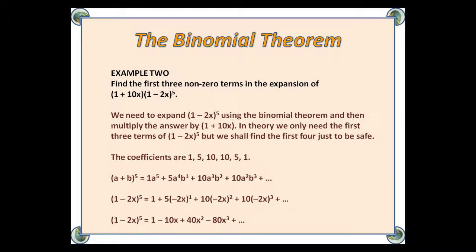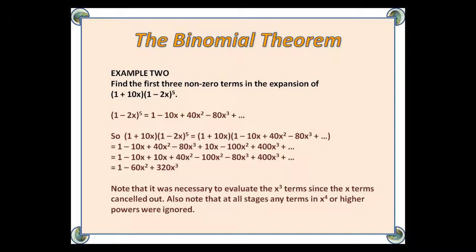Example 2. Find the first three non-zero terms in the expansion of (1 + 10x) times (1 - 2x) to the power of 5. What we need to do is start by expanding (1 - 2x) to the power of 5 using the binomial theorem, and then when we have an answer, we multiply that by (1 + 10x). In theory, we need the first three terms, but we shall find the first four just in case. So the coefficients are 1, 5, 10, 10, 5, 1, and so that gives us, when I do a bit of working out,